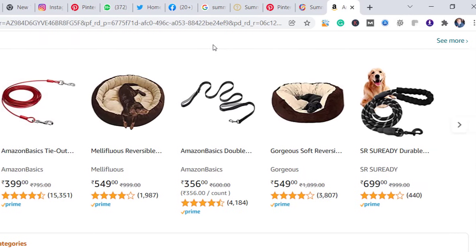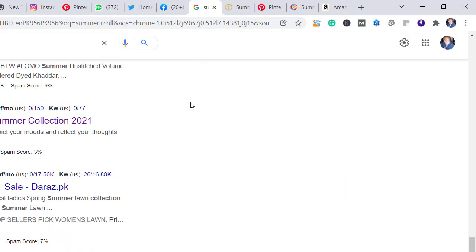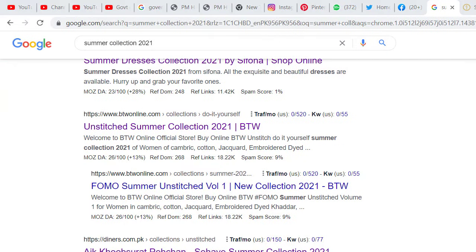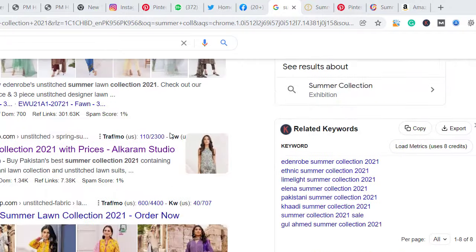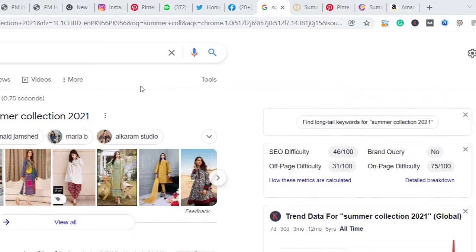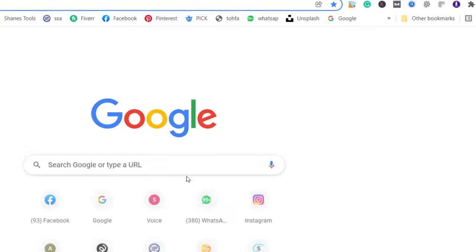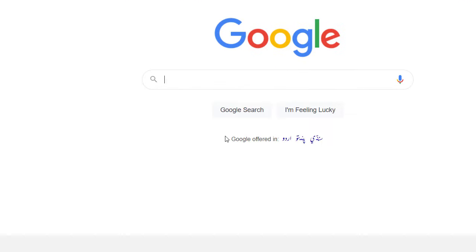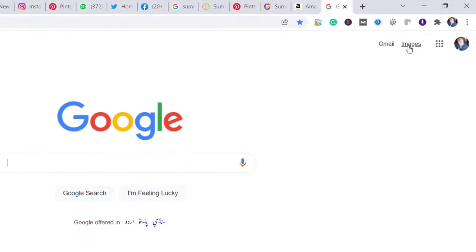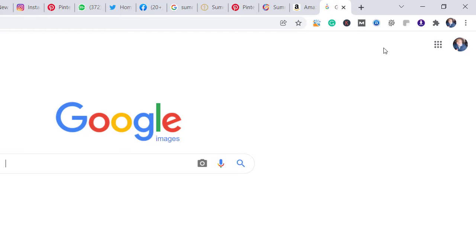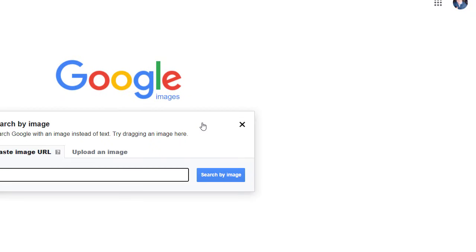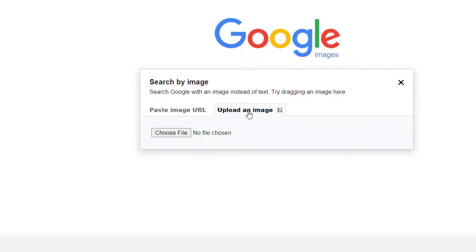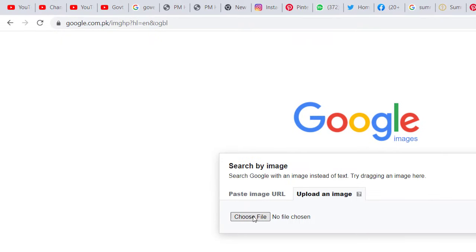So now I am discussing image search. For example, what is image search? This is Google's search engine. Here is an image icon. You click here. Search by image. Click here. Upload an image. Choose the file.